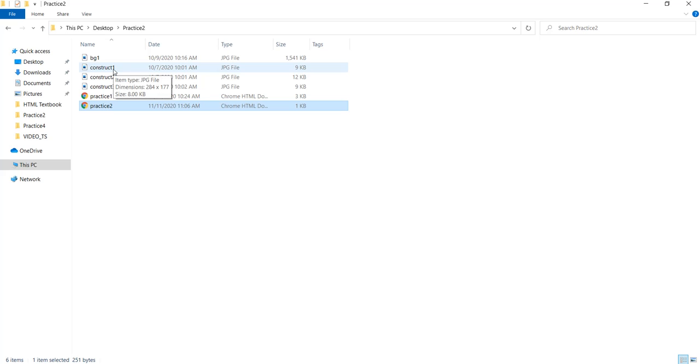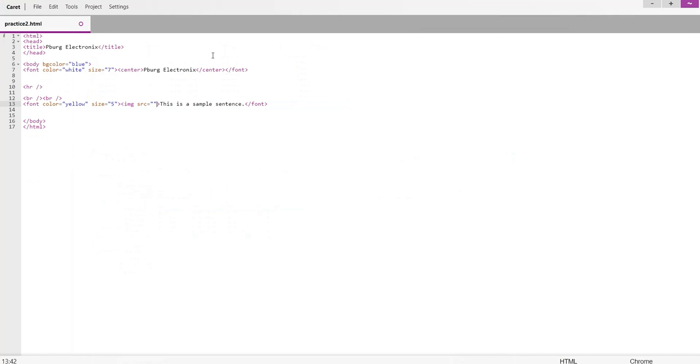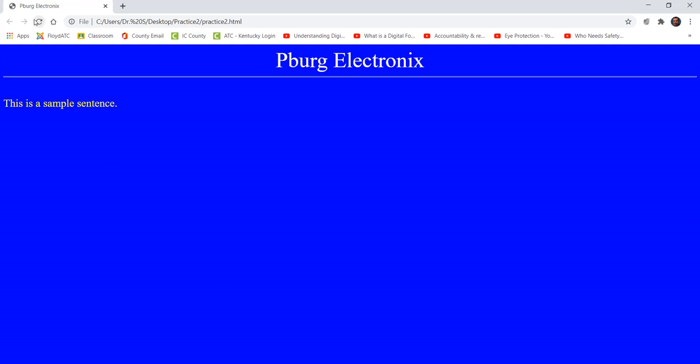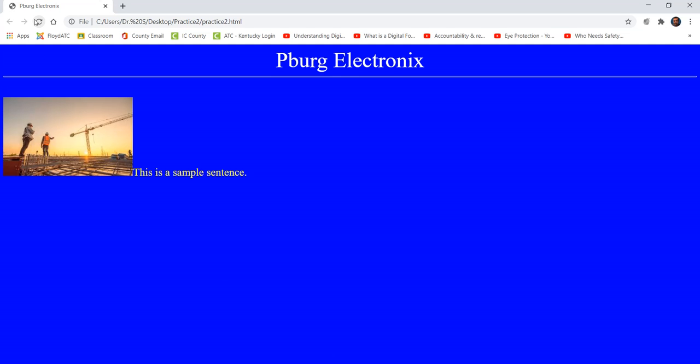I've got a picture here called Construct1. It is a JPEG. If I hover over it, it tells me it's a JPEG. It could be a PNG, it could be a GIF file, BMP, Paint files. There are lots of different types of picture files it could be. Okay, so I'm going to put construct1.jpg,